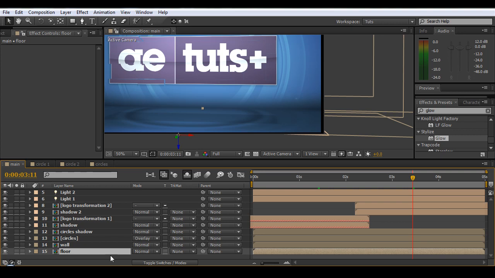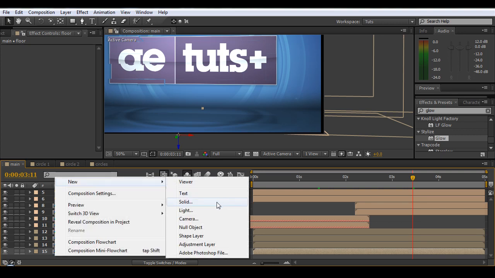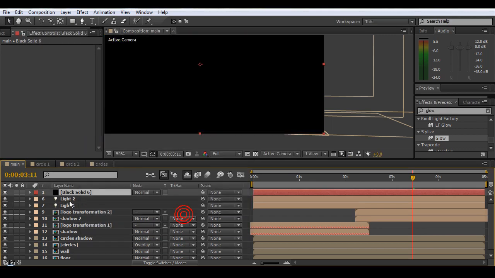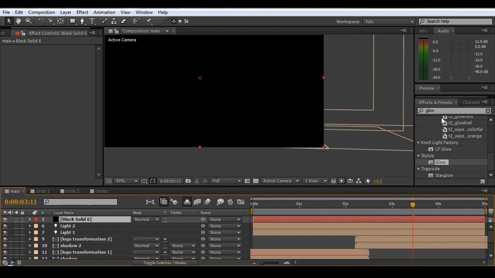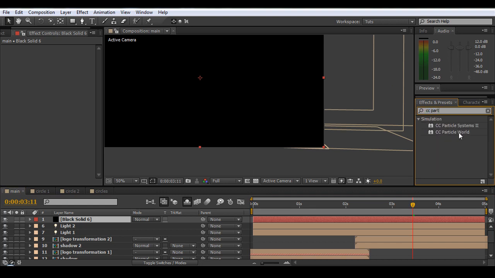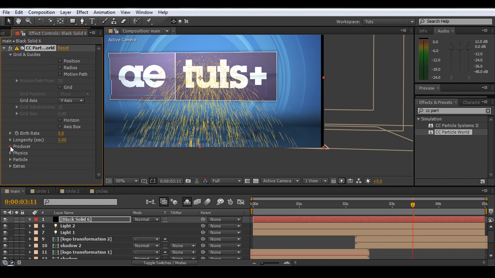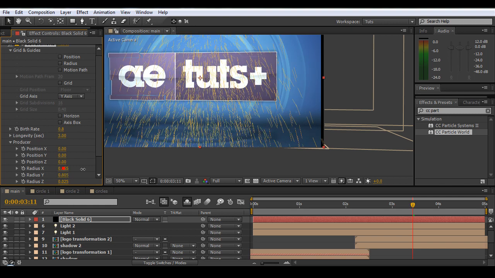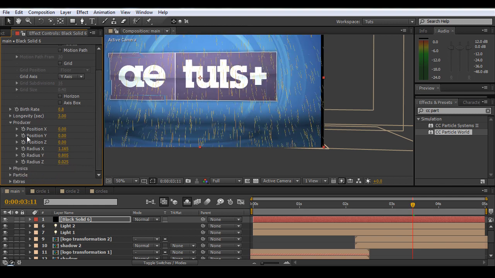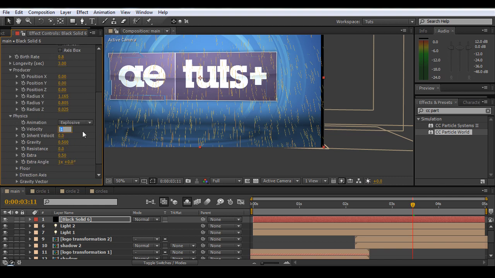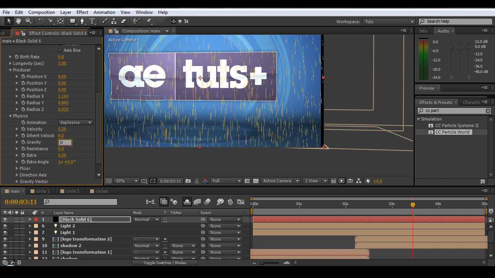Now what we'll do is add some environment particles, so we'll go new solid. And if you're wondering where the other layers went, I just obviously hid them. Didn't really need them, like the vignette and lens flare and stuff, just give me a bit more screen real estate. So let's add a CC Particle World effect on here. This is pretty simple stuff, so I'll just breeze through this. Turn off all these gizmos, they tend to get in the way. And what we're going to do is go birth rate 0.8, longevity 3, producer, we'll just stretch it out in the X and Y so it covers the screen, and physics we'll leave on explosive, velocity will go 0.2, gravity 0,